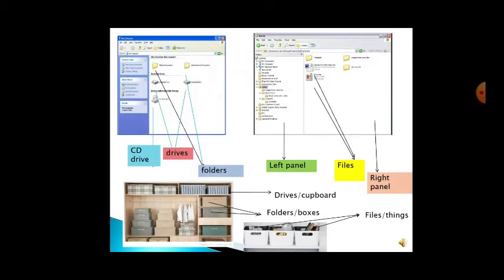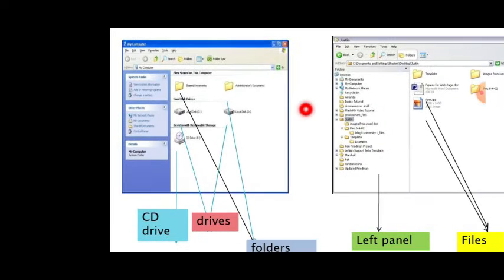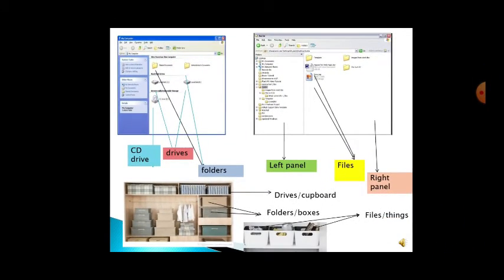Next. Again one more window is here. So you can see the folders here. Different folders are there. Files stored in this computer, that is shared documents and administrator documents. Then hard disk, there are two hard disks here, local disk and local disk D, and this is one removable, that is the CD or DVD drive, the removable storage. These are the drives. Then these are the folders or files.